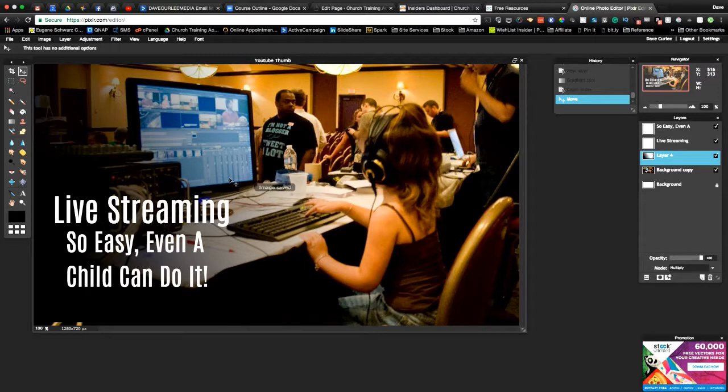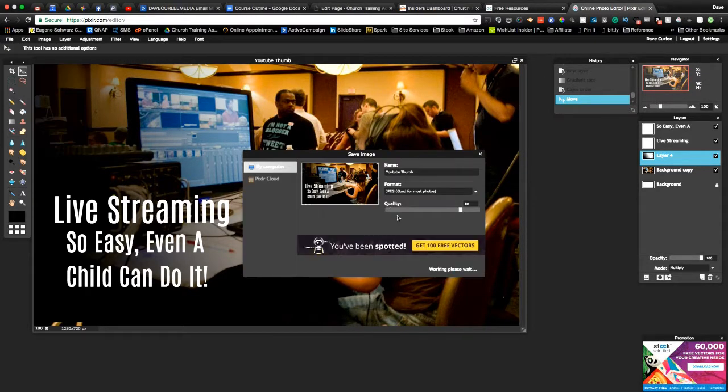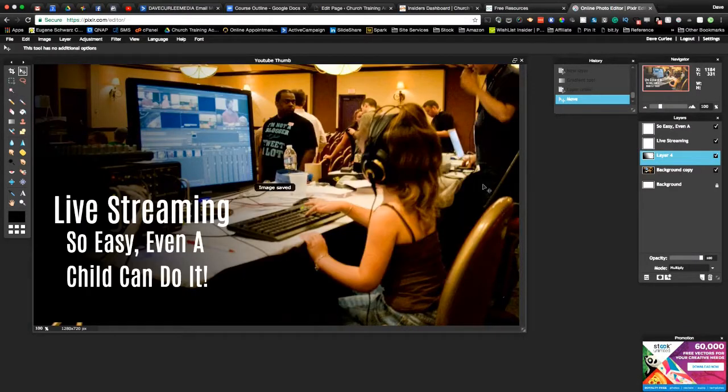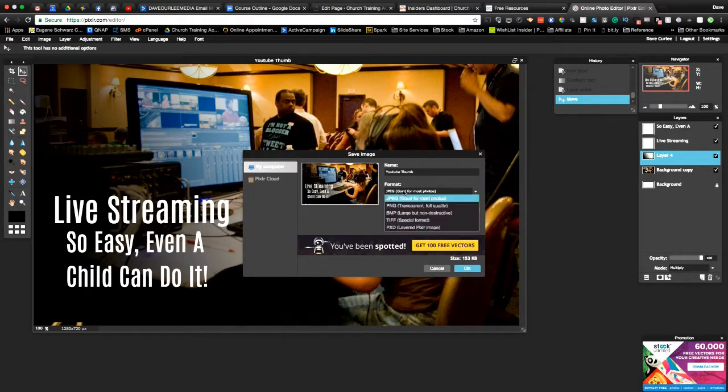Now, if I think I want to come back and actually edit this later, what I can do when I save it is I can save it using their native format, the layered format, which is fine. And I'm going to save that. And I now have this version that I can come right back to and edit. I can turn on layers, turn off layers, whatever I want to do. And then I want to have my JPEG, right? Because the JPEG is what I'm going to upload to